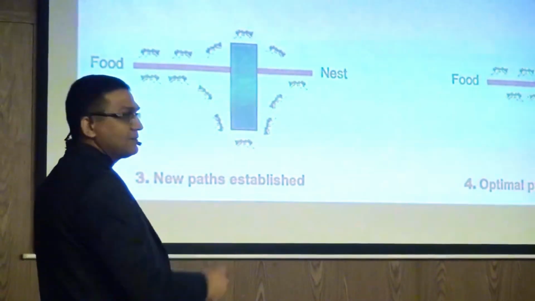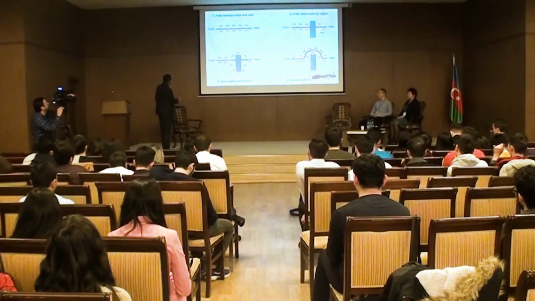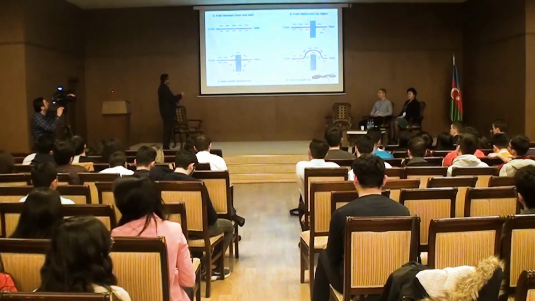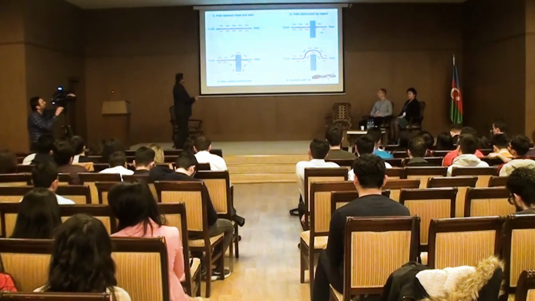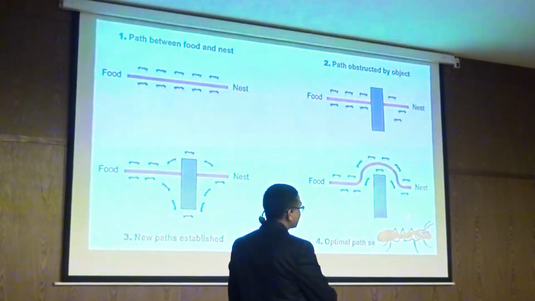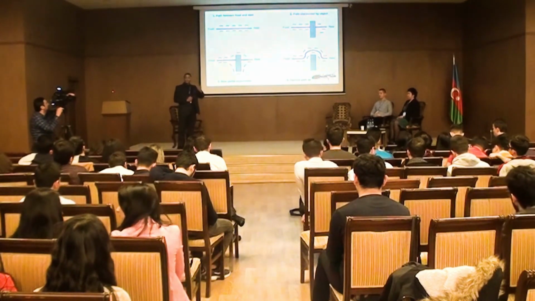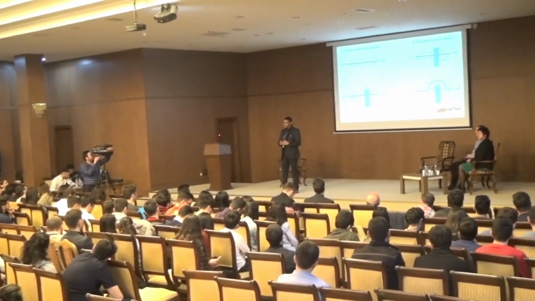After some time, you will observe that because the path is shorter and ants keep on coming, the rate of evaporation of the pheromone will be less compared to the lower path. So there will be no pheromone existing on the longer path, because after some time all the ants will follow the shorter path, and actually they have found the shortest path without any information. Now this is an excellent thing which can be used to find the shortest path.